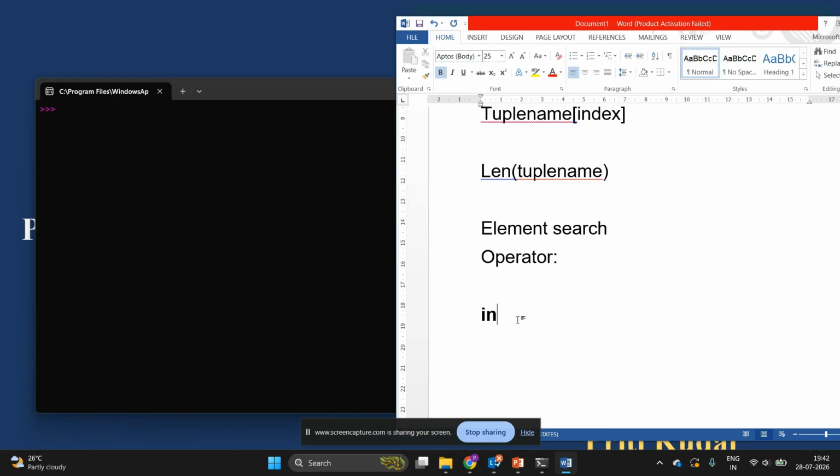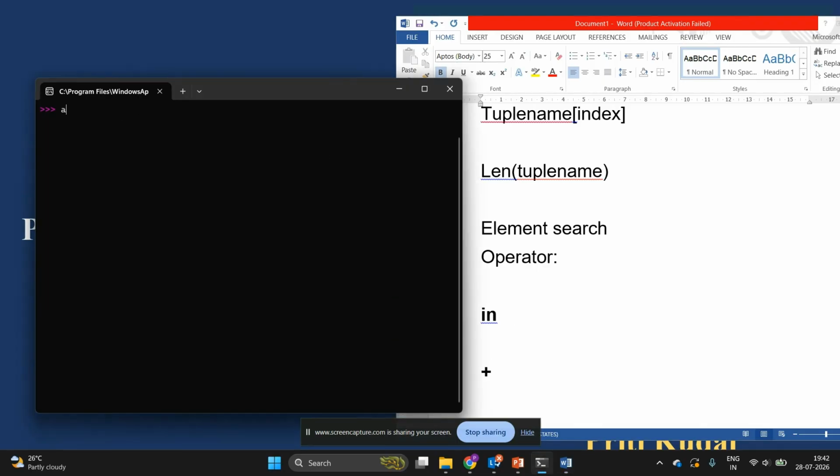The second operator that we can use is the plus operator. This plus operator is used to combine or join two tuples. For example, suppose in tuple a I have 10 comma 20, and in tuple b I have 30 comma 40, and if I want to join these two tuples in one tuple, c is equal to a plus b.